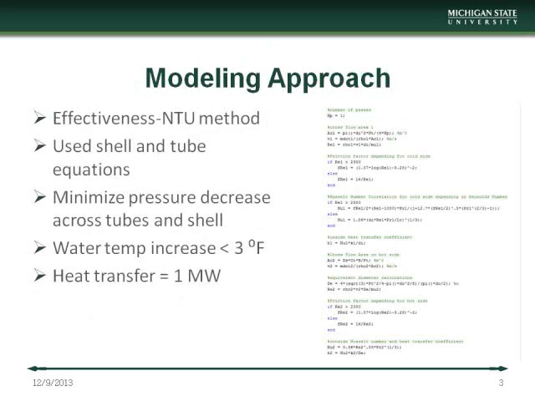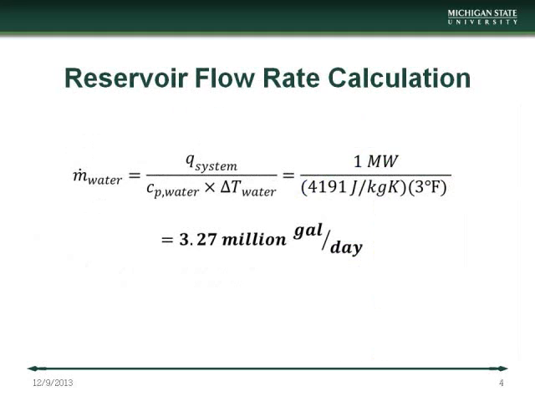Using the equations provided for a miniature shell and tube heat exchanger, the MATLAB code was designed to minimize the pressure drops across both the shell and tubes to be less than 1 atmosphere each, and the temperature increase of the reservoir water was limited to no more than 3 degrees Fahrenheit. While only 1 million gallons of water flow out of the reservoir every day, the heat transfer analysis suggests that a flow rate of 3.27 million gallons per day is necessary to achieve the maximum heat transfer while being limited